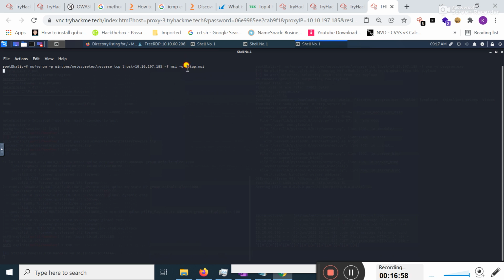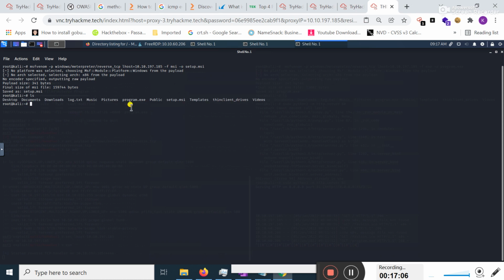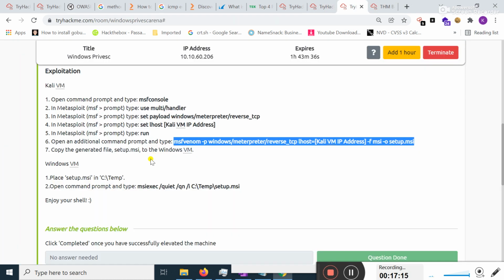Now it's time to create a file, that is setup.msi. Okay, ls. See, the file setup.msi is present here. It's time to move this to my victim machine.